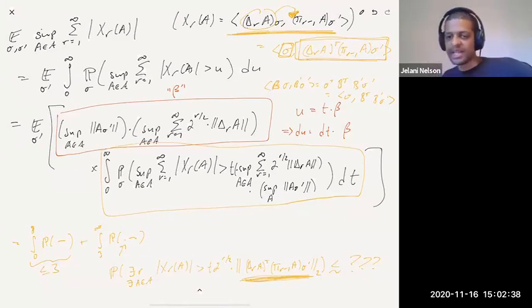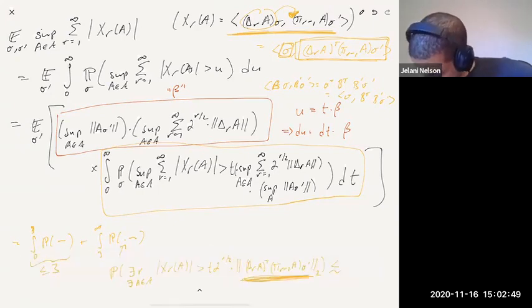So what's the probability that I'm more than t times 2 to the r over 2 times that norm? It's at most something like e to the minus t squared 2 to the r over 2